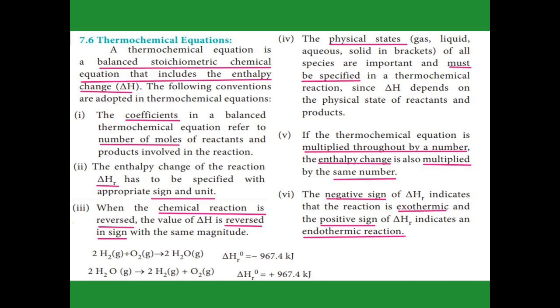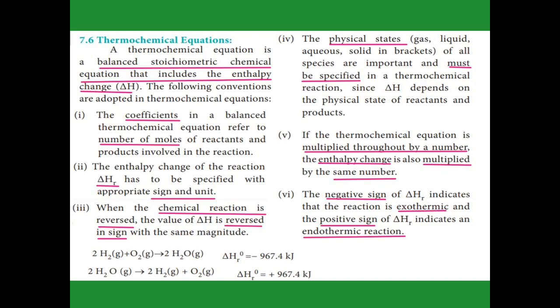And the fourth point, we have to specify the physical state. Physical state means whether it is a gas, liquid, aqueous or solid. That should be mentioned in brackets. Now see in the example, hydrogen (g) is given. What does g mean? Gas. In the same way oxygen is a gas, and for the water, H2O, we thought it is a liquid state, but it is water vapor, that is gaseous state. So it is also mentioned. So when hydrogen gas and oxygen gas react together, they give water vapor. So it must be mentioned. Then only the delta H value will also be included.